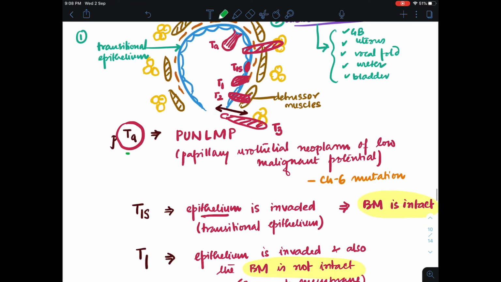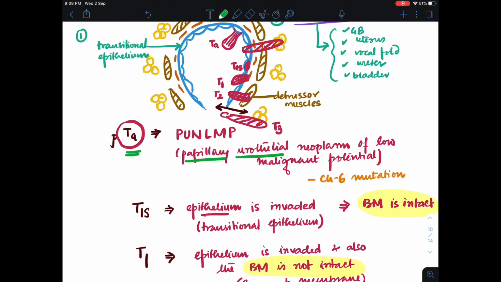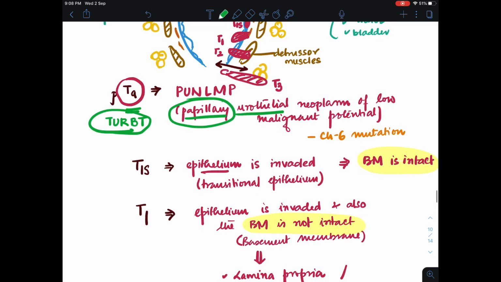As in TA, there is only a papillary urothelial projection and no involvement of the epithelium, no invasion of the basement membrane, and no complete invasion at all. So we just have to remove this papillary projection. To remove the papillary projection, we will use the TURBT procedure, which stands for